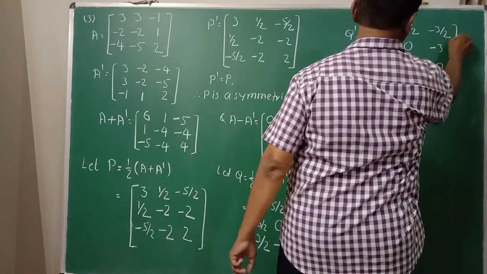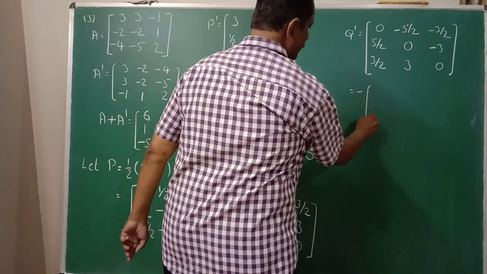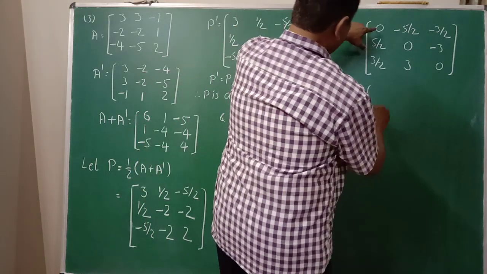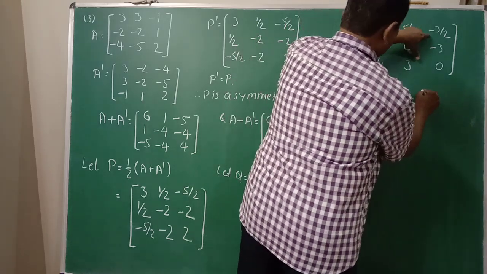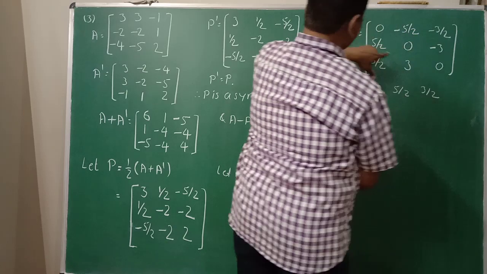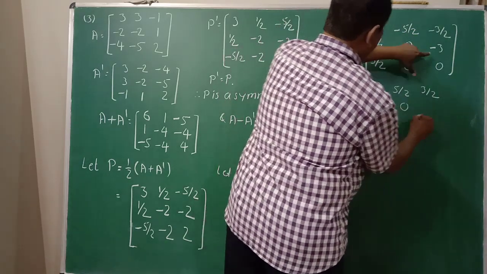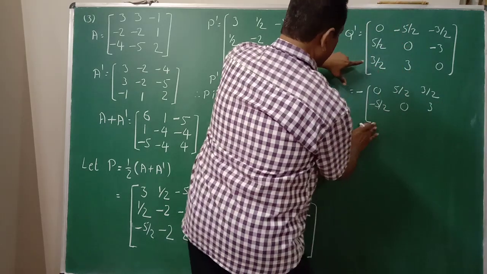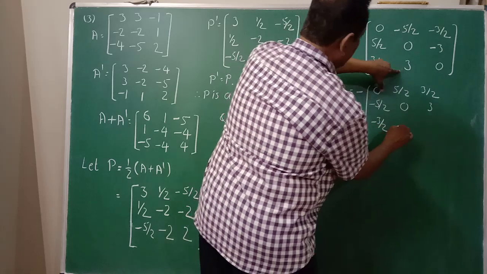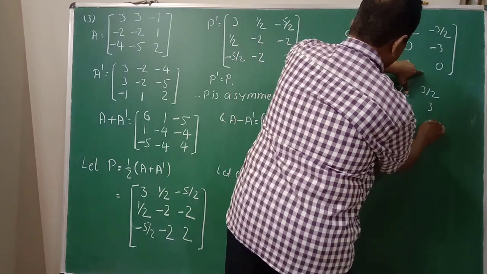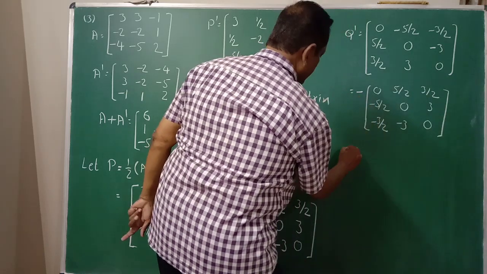Then it is given. Okay. Now take your minus common factor. So minus is the common here. Then it is a 0. Minus becomes a plus here. Plus 5 by 2. Minus becomes plus 3 by 2 here. Minus of 5 by 2. Then it is a 0. And it is a plus 3. Then here minus of 3 by 2 here. Minus 3 by 2. Then minus 3 and a 0. Okay. So write this minus as it is here.